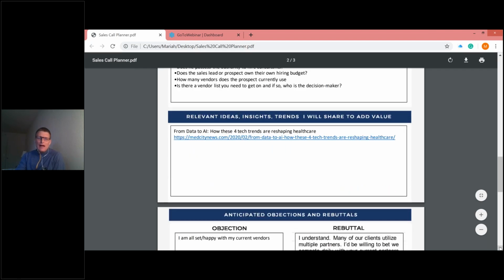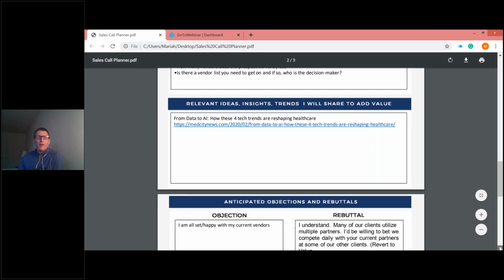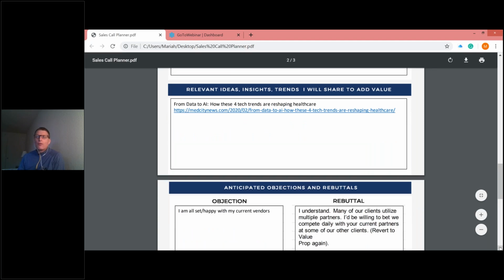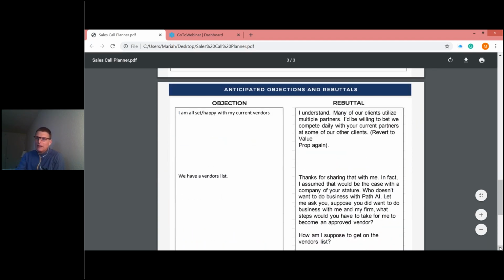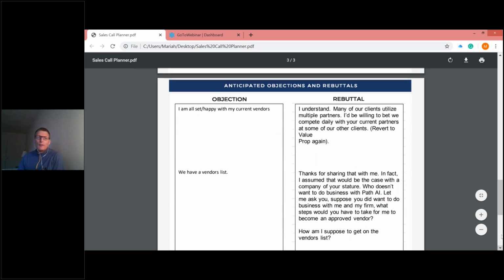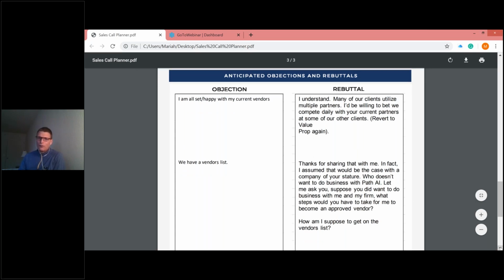So as she's scrolling down, the last piece is we've got to prepare for some of the pushbacks, the potential objections, the potential frequently asked questions that we're going to hear, and then what our rebuttals are going to be. Now, the good news is, if you've been in this industry for any amount of time, if you've been in it for 18 months or longer, heck, it probably doesn't even take 18 months, maybe 12 months.